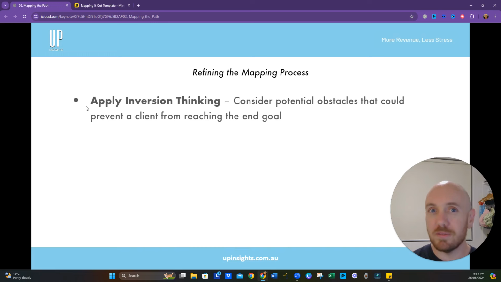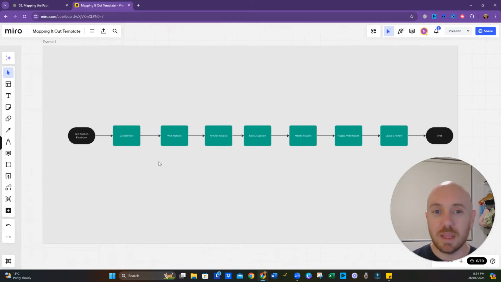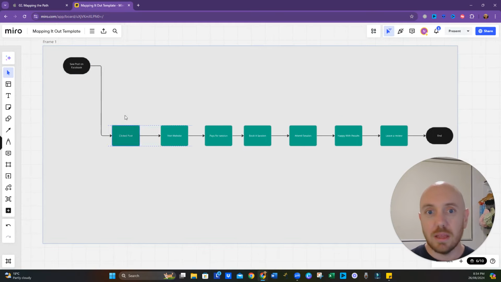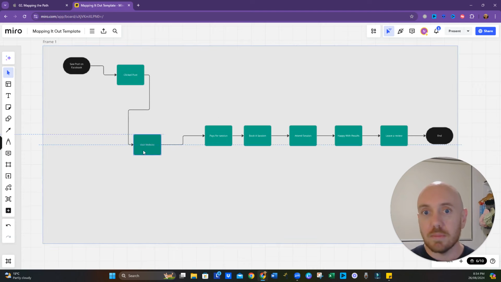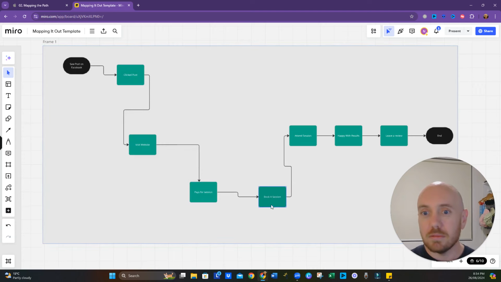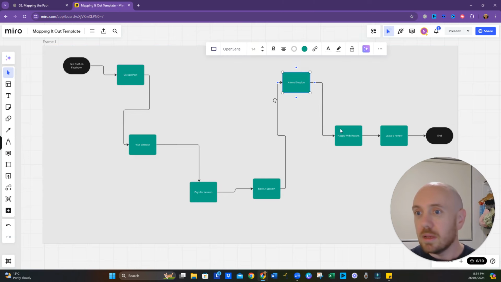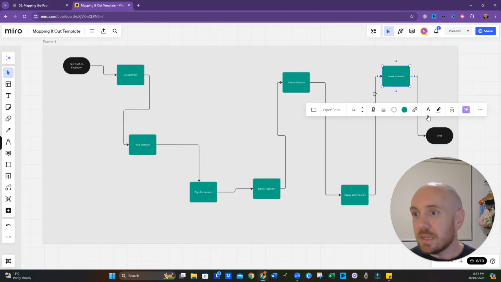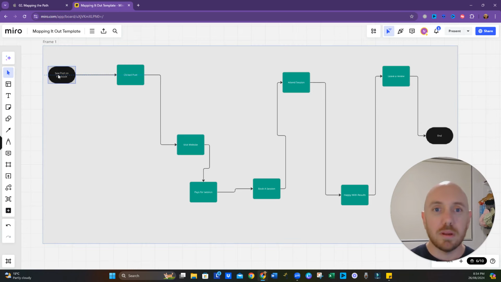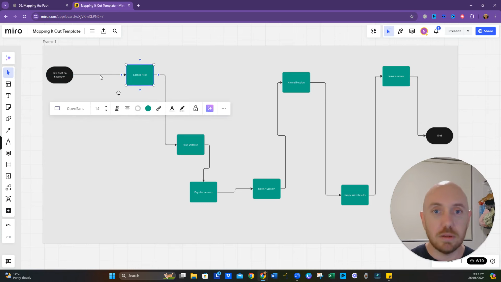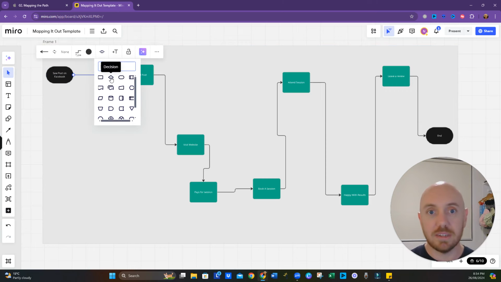So we want to apply some inversion thinking. We want to consider potential obstacles that could prevent the client from reaching the end goal. So first off, let's just have a look. We'll put in some decision points. It's a bit all over the place here, and I'll have to tidy this up. But I want to just make some space to include some decision points. So I'm going to have a decision here, and